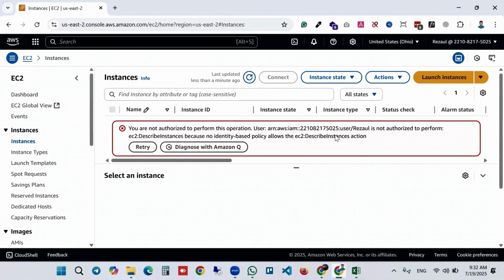Please share your screen. It will fix the permission issues. So you want me to share my screen again? Yes, yes. Okay, just a minute. I have to squeeze this down here.